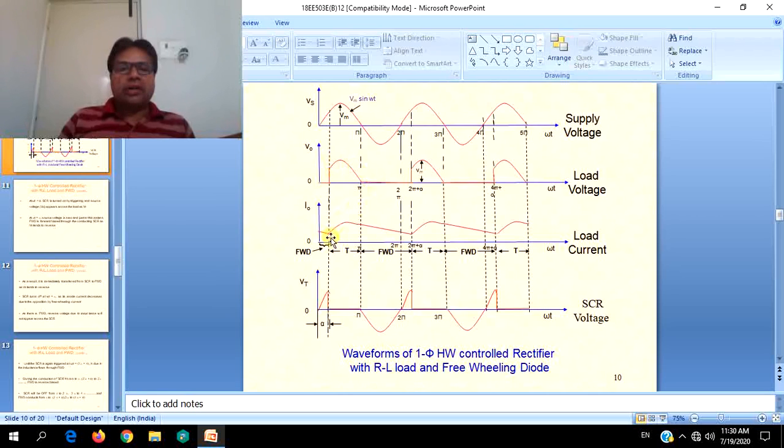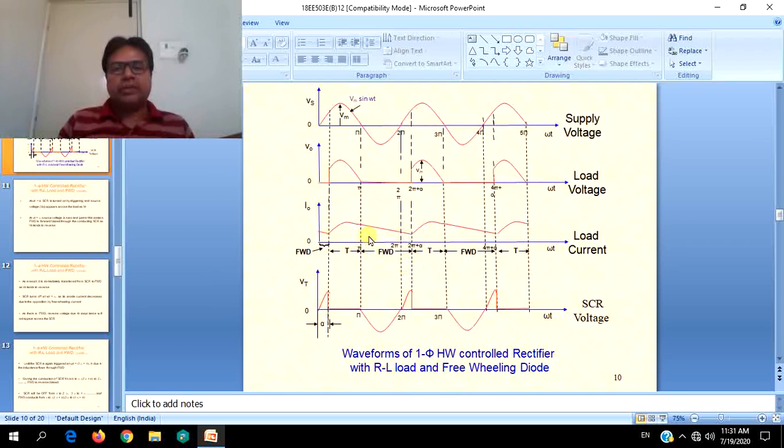the load voltage drives the current. So from alpha to pi current will be there, but it will lag behind the voltage by some phase difference. It will gradually increase and also start to decrease when the voltage decreases, but at angle pi it will not become 0. Because of the inductive nature which opposes the change in current, though the load voltage has become 0, current still continues to flow through the load and freewheeling diode.